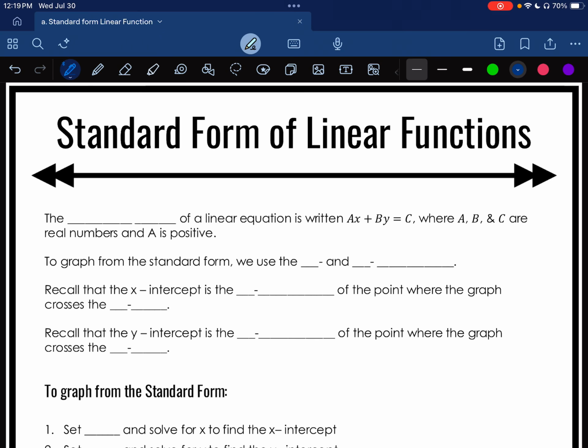So, today we're talking about modeling with linear functions. Specifically, we use the standard form often when we're thinking about models. And this little mini chapter is really exciting because often students are like, when am I ever going to use this, right? So, today is the day we start talking about real life applications. All right, so the standard form